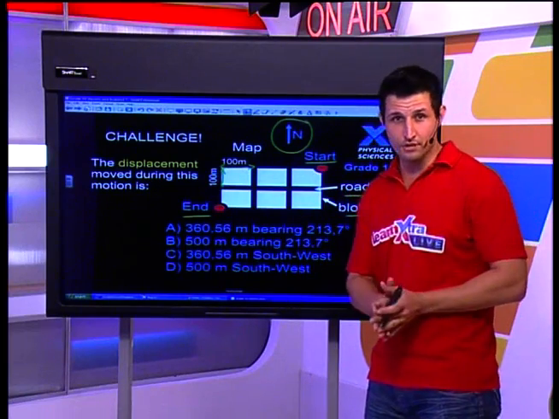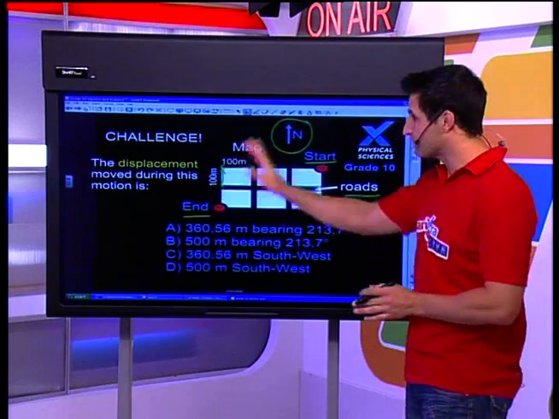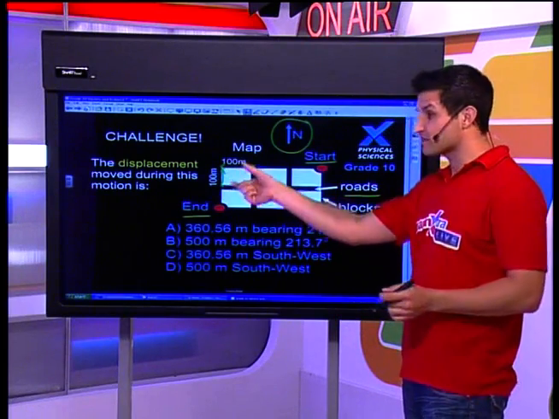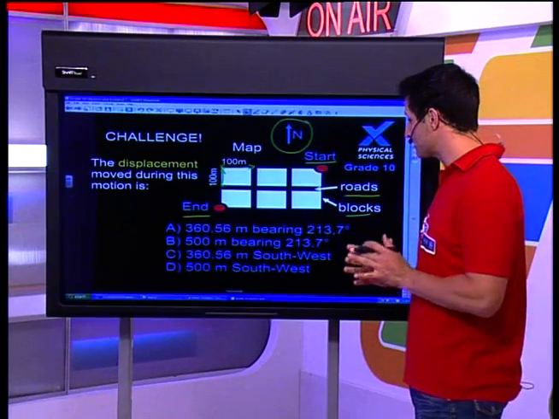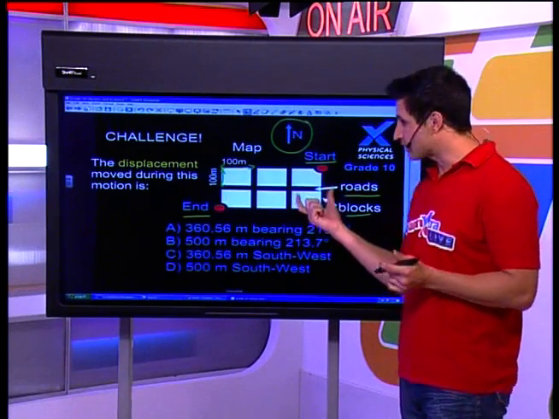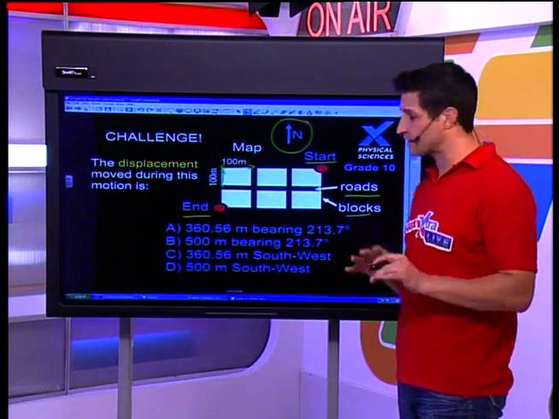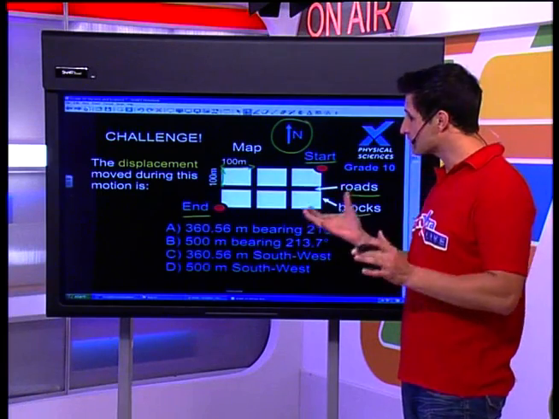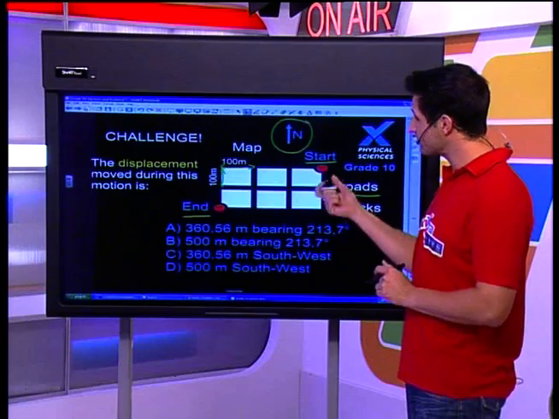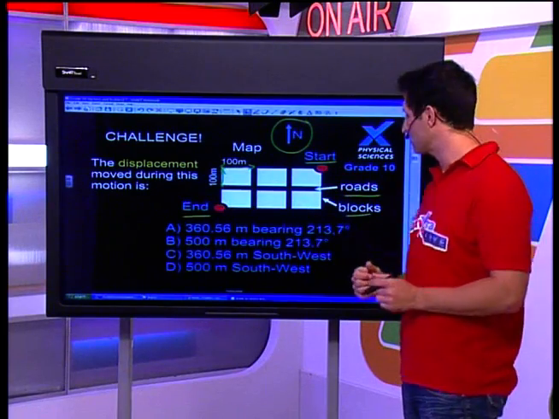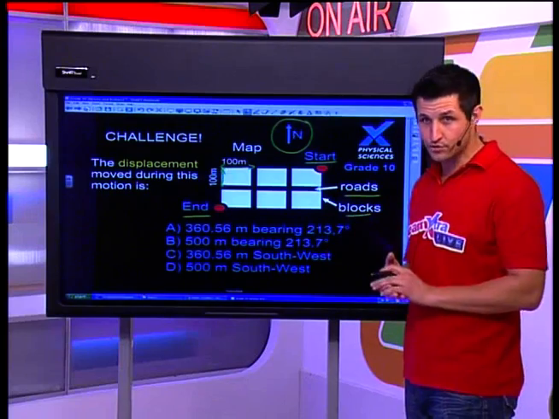So let me just run you through the important info again. Okay, so we've got our map here. Each one of these city blocks is 100 meters by 100 meters. Each one of these roads in between is going to stretch in between these blocks. Now, I want you to ignore the width of the roads themselves. Not too important for this question. You've got to navigate from the start to the end somehow, and I've got to use the roads to do this.